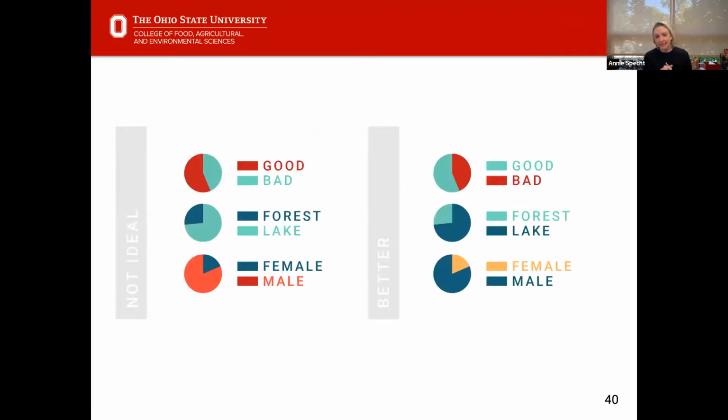So some examples of this, thinking about what colors mean in particular contexts. Looking at the top example on the left-hand side, where we have our not ideal examples, we tend to associate the color red with stop, bad, negative things. So here we have a pie chart where red is actually being used to indicate a good outcome, and green is being used to indicate a bad outcome. Not necessarily intuitive for a Western viewer to understand. The center example here is a great one that ties back to what we talked about with the kudzu vine, where forests are indicated in blue and lakes are indicated in green.